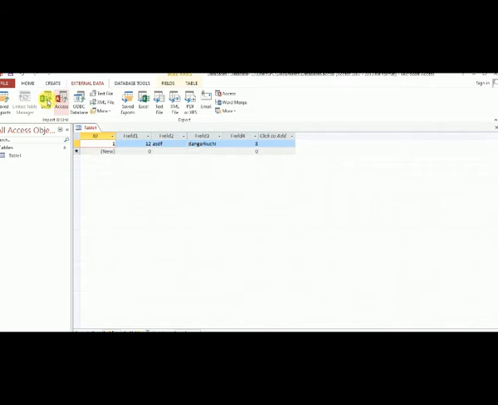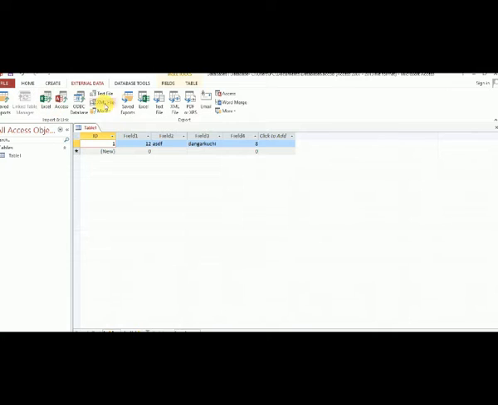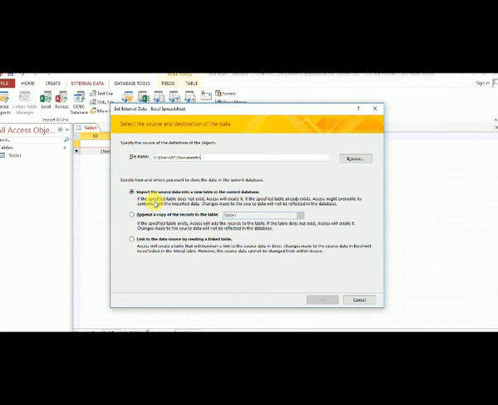You can also see my external data tab. Okay, so click go to external data tab, and if you want to convert your database, suppose I want to use Excel. Okay, I want to convert this database to my Excel sheet. Okay, so Excel sheet and import or export. So you know already import and export. Okay, import.